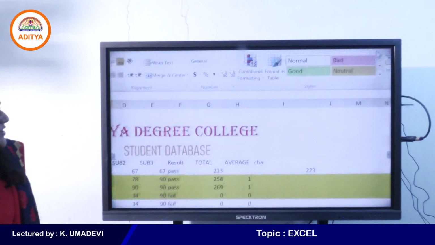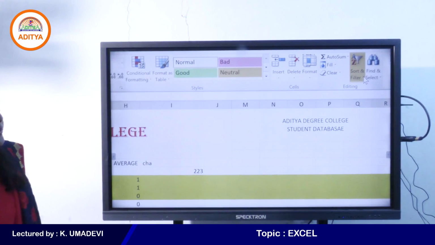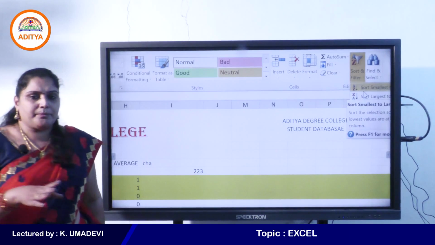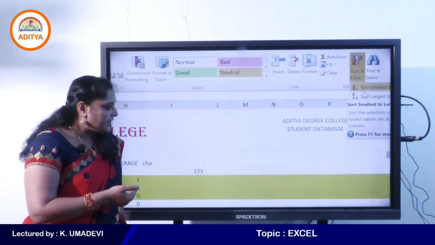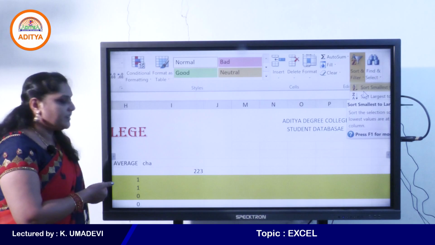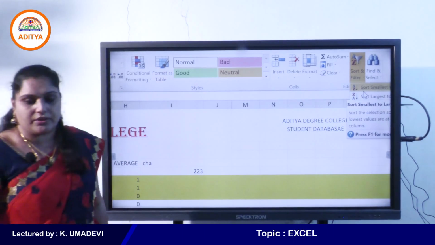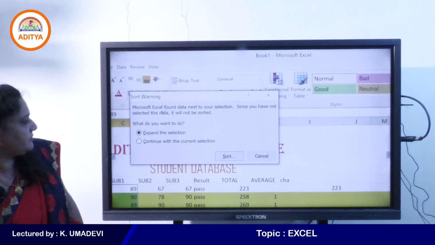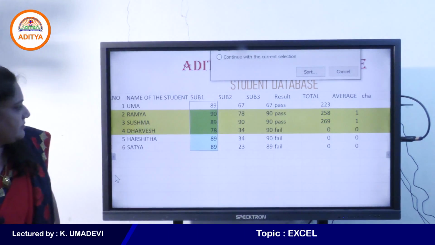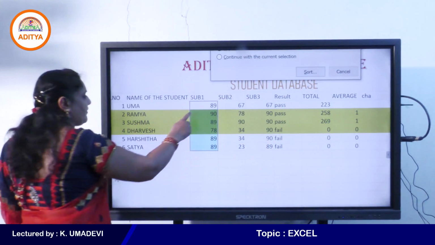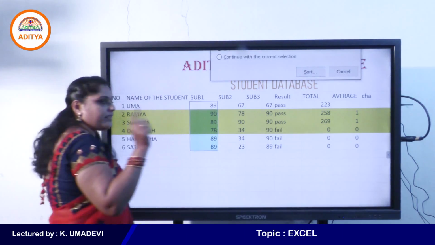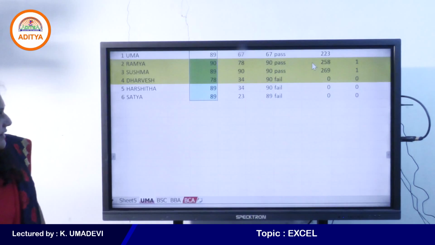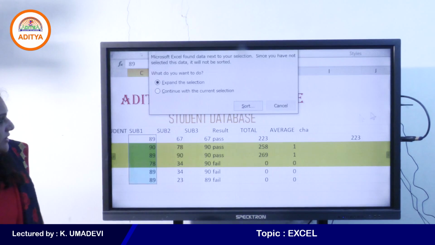Why? Because the first two options are only used to arrange the data either in ascending or in descending order, right? But here now I want to sort the data which is available in yellow color. Okay, so go to custom sort. See here the values are 90, 89, 78, right students? Just observe the values, and then I'll click on sort.